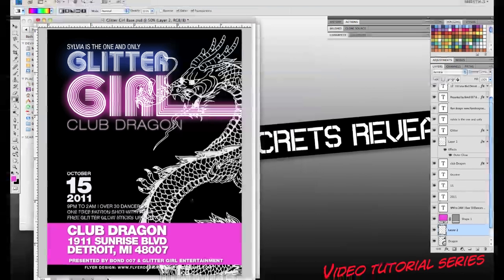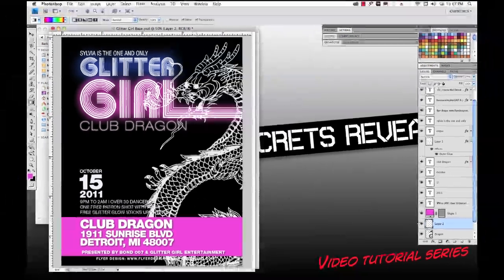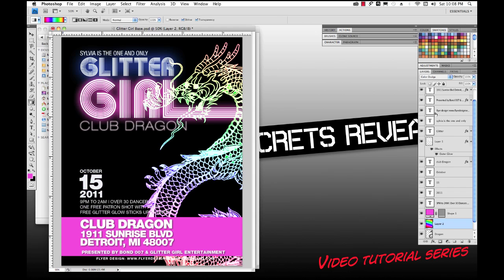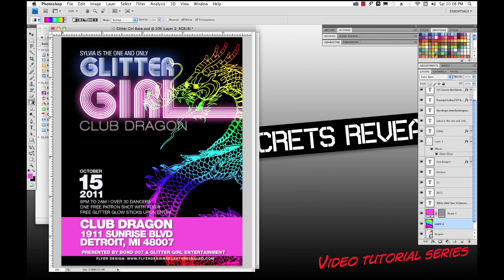Now back on our blank layer, what we're going to do is with our gradient tool, click and drag in a diagonal manner across this dragon, and you see it kind of messes up everything immediately. We get this real hot, colorful looking gradient. But we are going to change the layer style, and over in the layers panel, we're going to go to the color dodge. I'm sorry, we're going to actually do color burn,